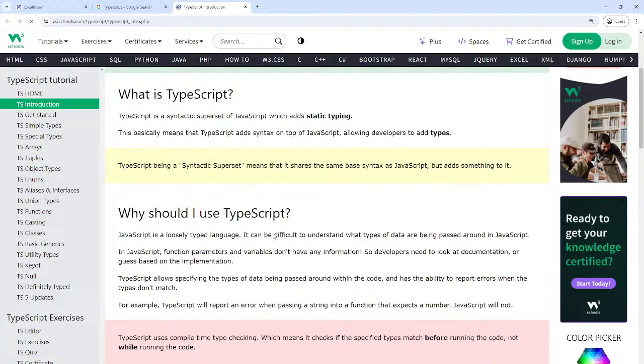So that was the history of TypeScript. You can say TypeScript is a better version of JavaScript. It has added functionalities, modules, and some other stuff.